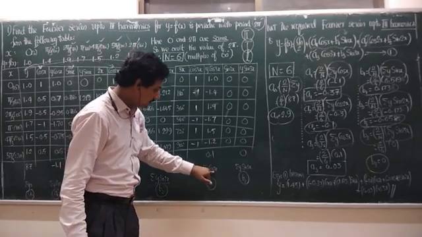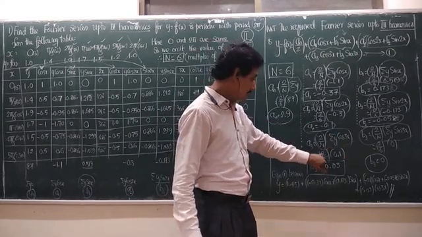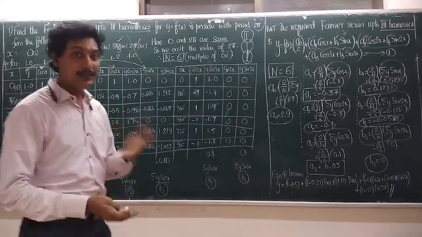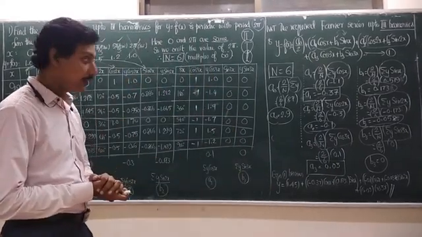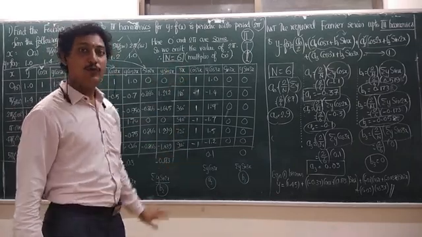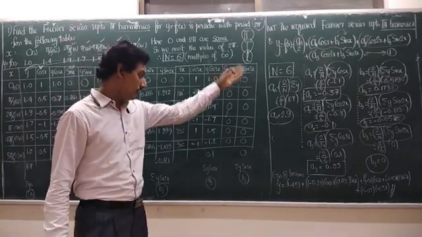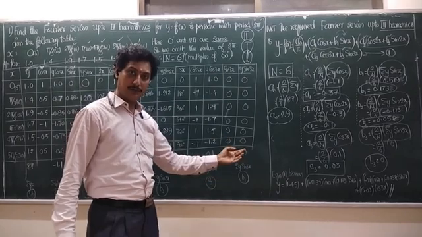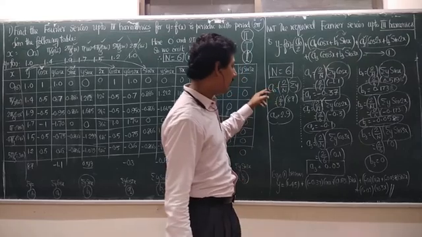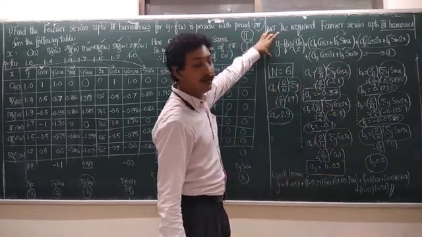Substitute this sigma y cos 3x, which gives the A3. So the A3 formula is 2 by n sigma y cos 3x. 2 by 6 times 0.1, so 0.03 is the A3. What about the B3? The B3 is 0. Why? Because you see the 3x is the multiples of pi, multiples of 180. Multiples of pi under sine function is 0. So sigma y sin 3x is 0. So B3 is 0.